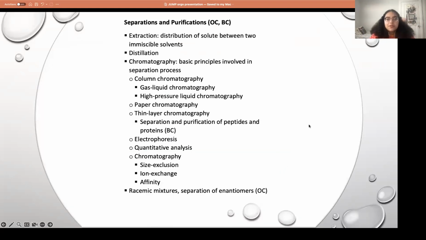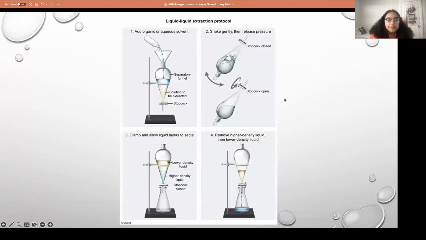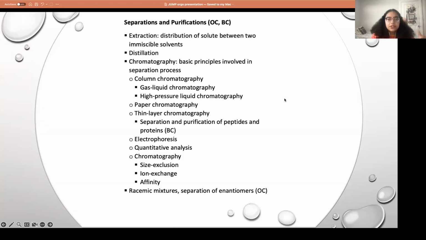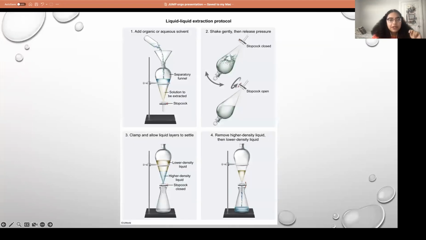And so the next thing we move into is separations and purification. This is the section that I feel is not covered in organic chemistry class, but probably in lab, but it's important to know because you will see a lot of questions come up about experiments. So one is extractions. So extractions, distillations, chromatography, electrophoresis, all of that stuff. Some of this you'll find in biochem, where it says BC, but the things that were more organic I put in here.